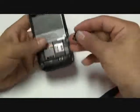At this point, go ahead and put your SD card back in and your SIM card as well. Finally, your battery can go in place, and then the actual back housing battery cover